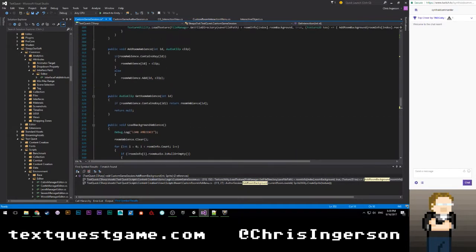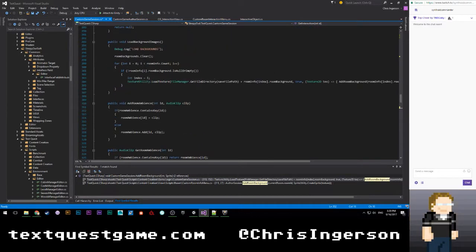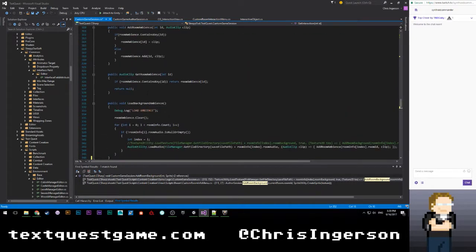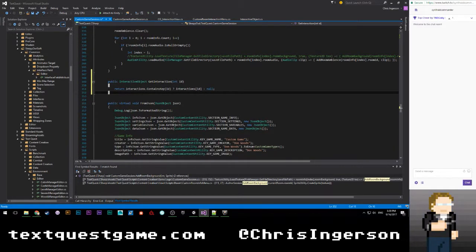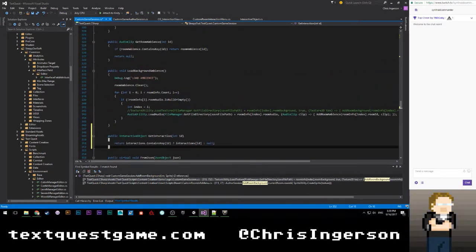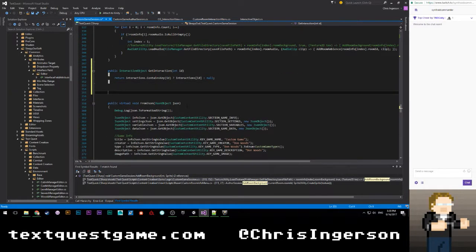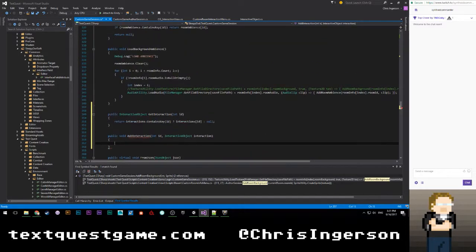So we're going to say get interaction. We're just going to do that. So then we're going to need add interaction. And for that, we're going to want an ID and then an interactive. Well, no, that doesn't make sense. Actually, no, that's probably fine. So we'll go ahead and say public void add interaction int ID interactive object interaction, and I'm guessing that this